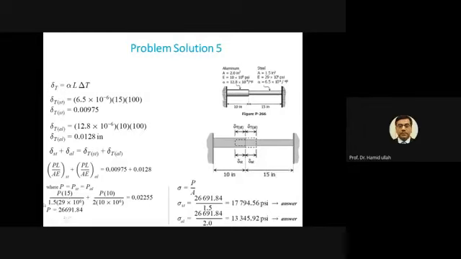Now once force is determined, so you can see for aluminium the cross-section area is given, and for steel it is given. So when you divide force by area, you can get stress. So in steel, load by area equal to this much stress, and in aluminium, load by area equal to this much stress. So this is not the right way.